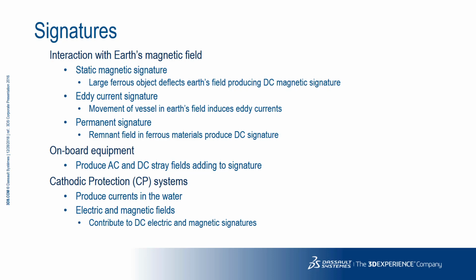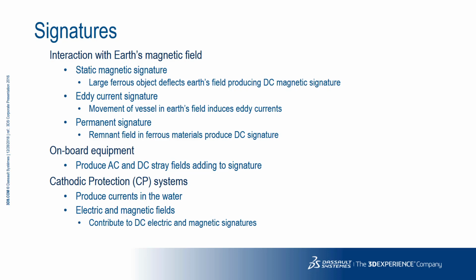The first marine application we'll look at is magnetic signatures. There are a number of contributions to a ship's magnetic signature. Interaction with the Earth's magnetic field leads to three effects: a static signature due to deflection of the Earth's magnetic field, an eddy current signature due to movement within the Earth's field, and a permanent signature due to the remnant